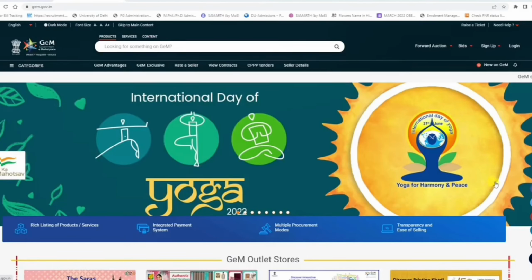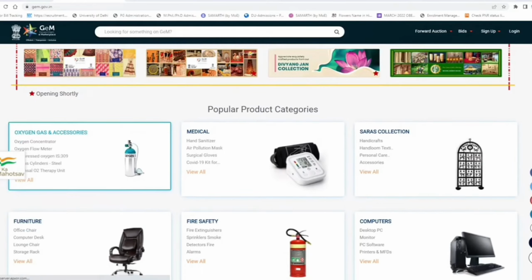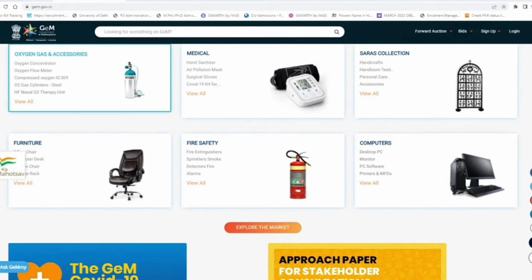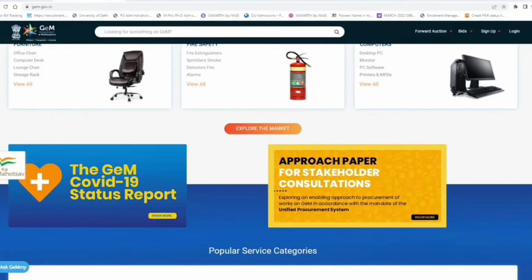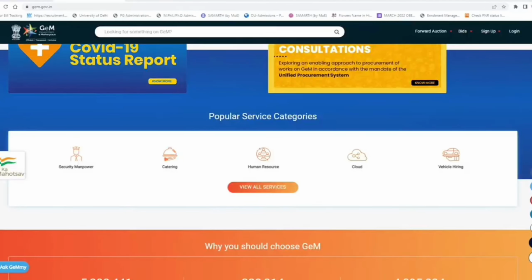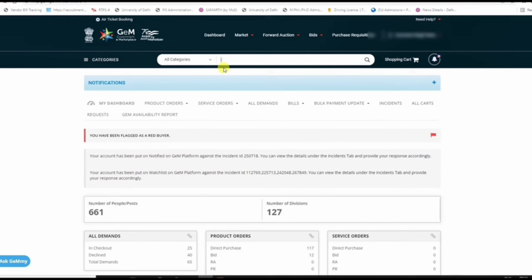After the time frame we open that bid, and after the award of the financial bid we get the L1 of the product, and subsequently we give the supply order to that L1 firm. So this is a very popular method. In this video we will see how we can create the bid for a particular product.